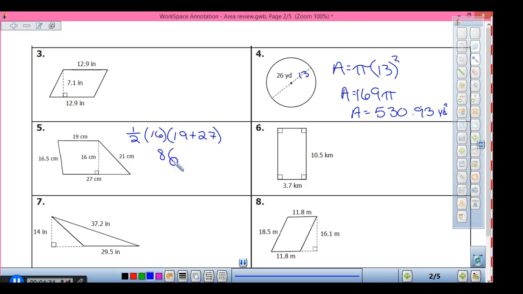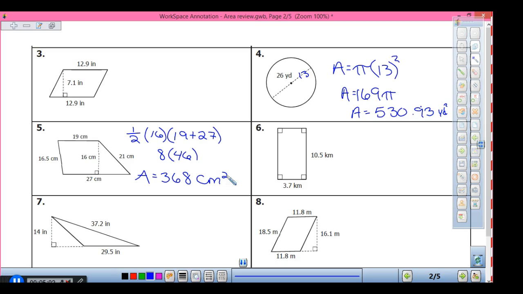So it would be 8 times, is that 46? And the area of my trapezoid is 368. What am I labeling it? A meter squared, yep. Okay, we're not going to do 17, but we got